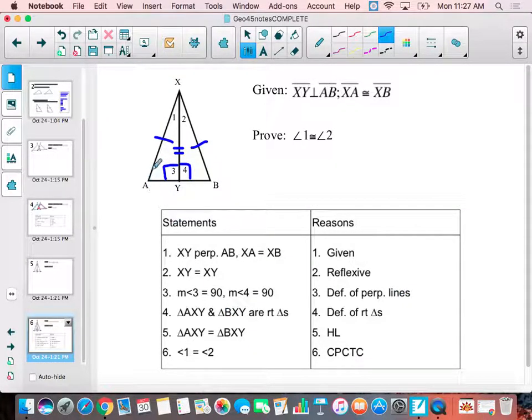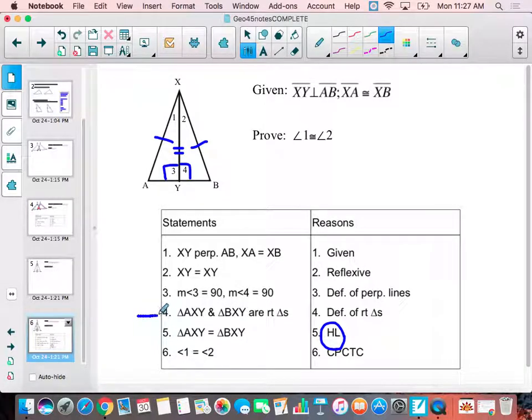From there, I can prove that triangles AXY and BXY are right triangles by the definition of a right triangle. I've proven there are right angles in there. Then I can prove the triangles are congruent by HL. And then I can prove angle 1 is congruent to angle 2 by CPCTC. Now, there are two points in here that are very important. If you are going to use HL